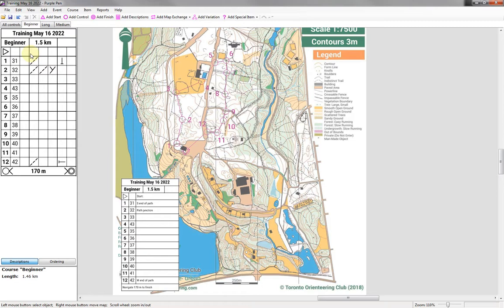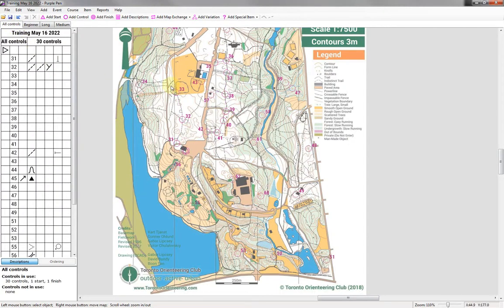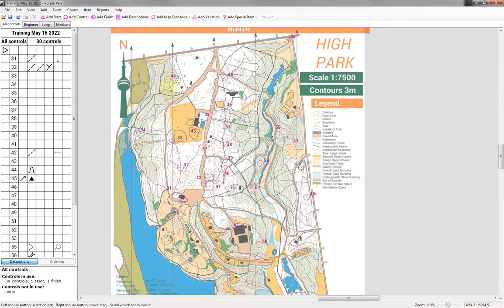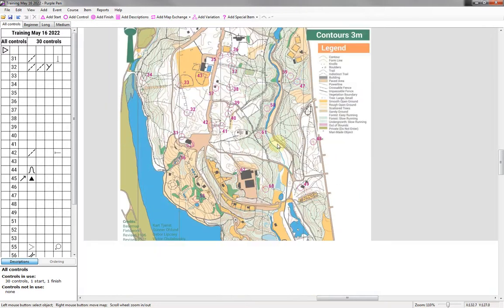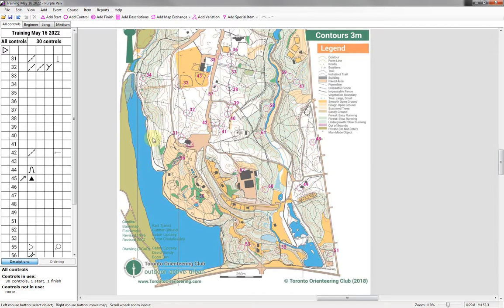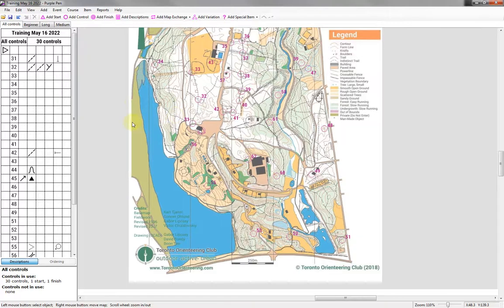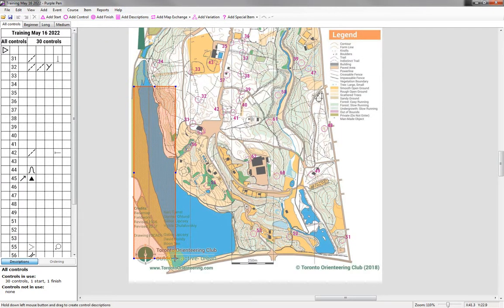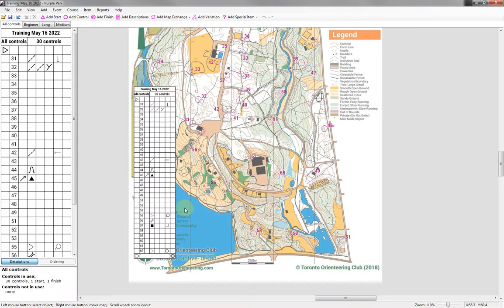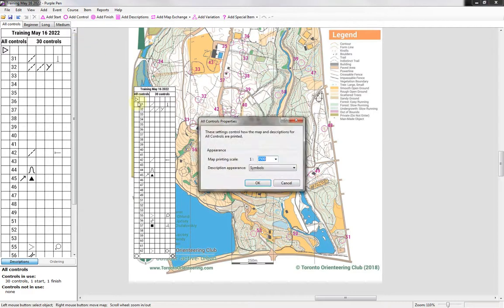Your next step is to print out one of each of the courses, right? The other thing you should notice is there's the All Controls tab. So here's a map with all the controls for all the courses. Okay, and this is like your master map. Let's put in the control descriptions here as well. Now here I've done the symbols, but let's change it. Go Course, Properties,